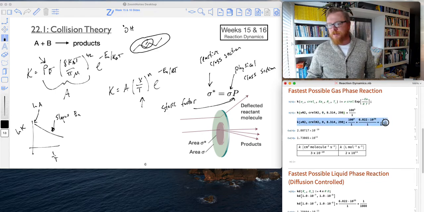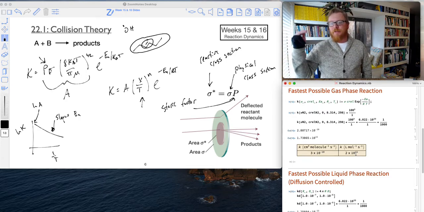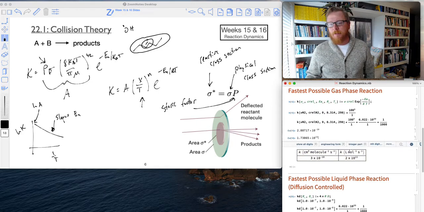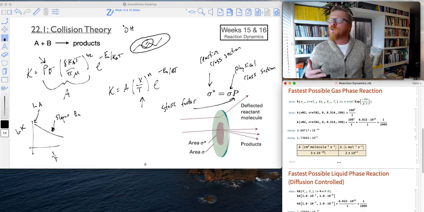We can also convert that into our standard liter per mole per second, and that turns out to be 2 times 10 to the positive 11 inverse molarity inverse second. Again, these numbers are really hard to have a reference frame for, but we can see that if we've got second order rate constants that are about 10 to the minus 10 or even 10 to the minus 11, that's a really, really fast reaction, given that 3 times 10 to the minus 10 is the fastest possible reaction. Okay, folks,